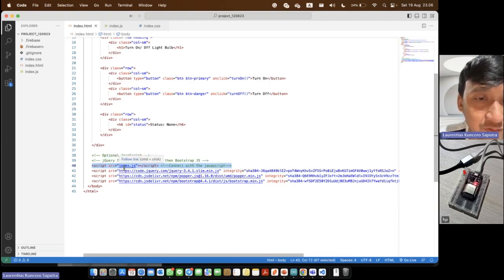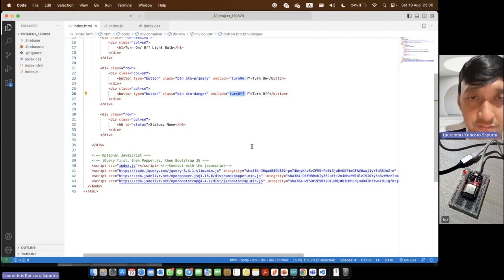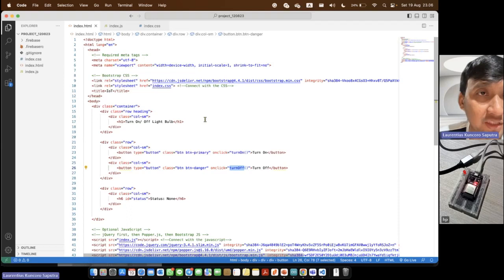In index JavaScript, we can write the turn on and turn off functions. The rest is the same as the template. Okay, it's finished for the HTML file.